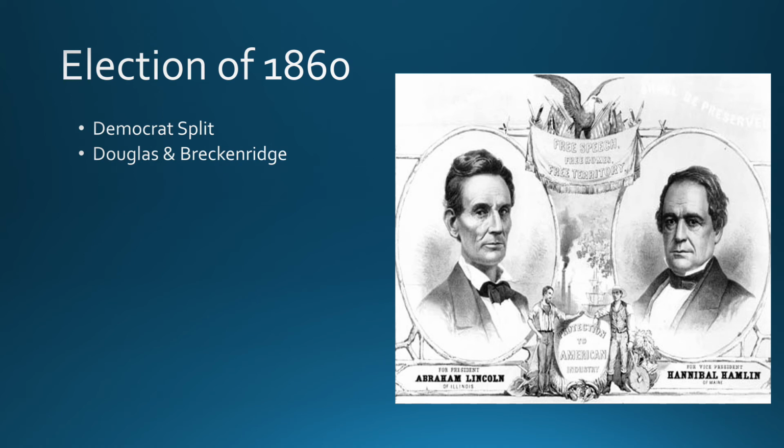Stephen Douglas, again, the advocate for popular sovereignty. So not against slavery expanding, but he feels like it needs to be done through the will of the people. And then the other candidate being John Breckinridge, who was actually from the South and who the Southern Democrats felt was their real advocate for the full-scale expansion of slavery.